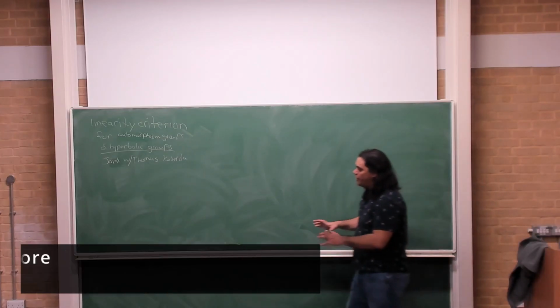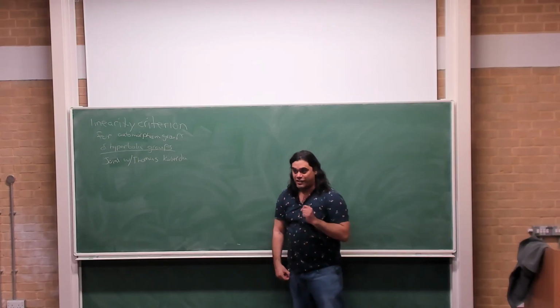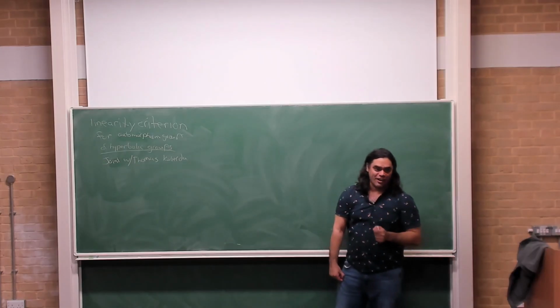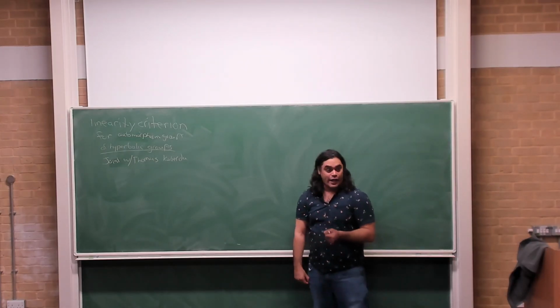So, full stop. A few of you may have heard that we had announced a proof of the nonlinearity of the mapping class group. We found an error. Fortunately, we did not put it on the archive. But what I intend to do today is describe where we're at and